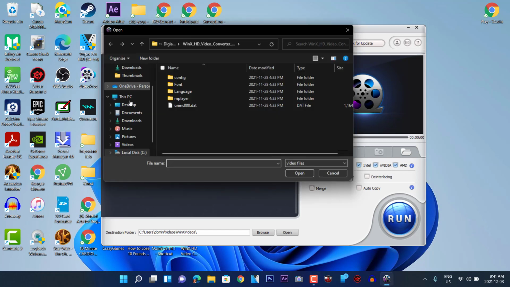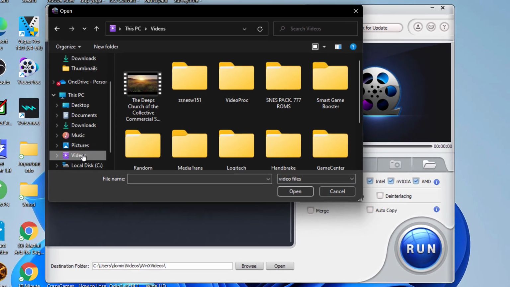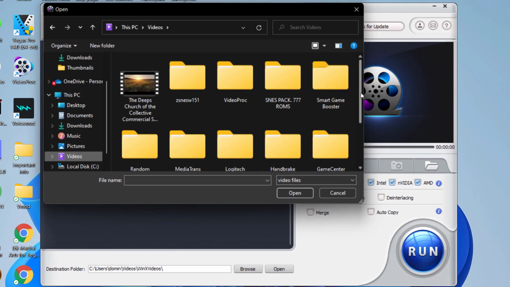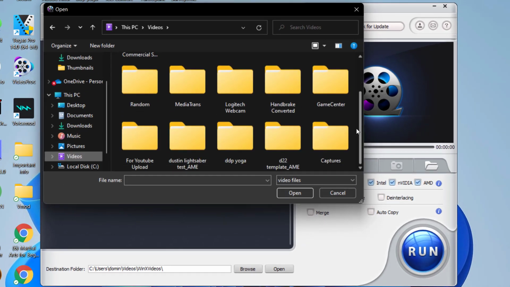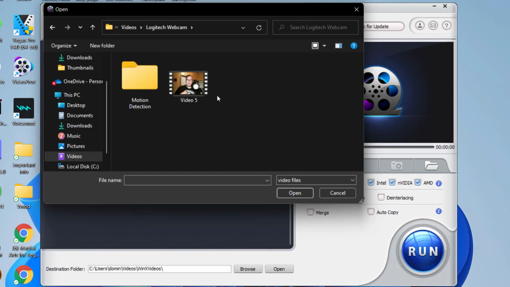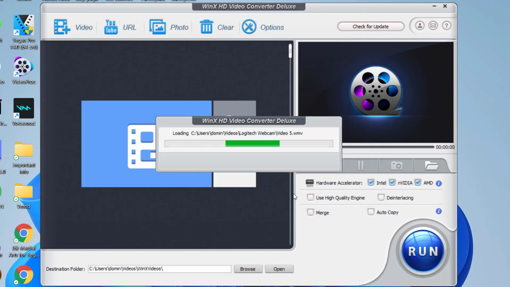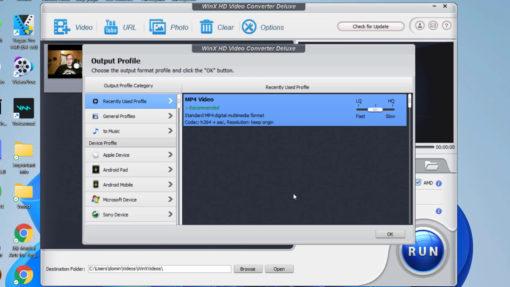community guidelines. So to select a video that you want to convert, you'd go and select your folder that contains the video that you want, and then it goes through the process with you. So we're going to select a folder from here and then select our video. This is a webcam video of me. Then we're going to press open, and then it allows the file to be imported, and then it gives you